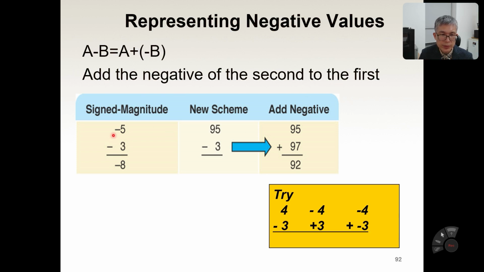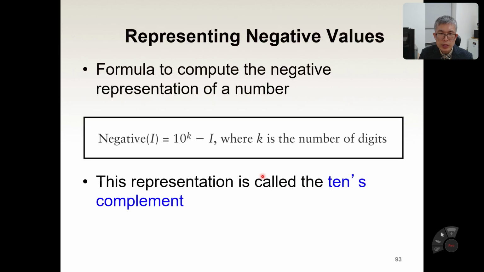So minus 5 3, right? So in that case this minus number 9, the sum relationship is plus is 100, right? So this is 95, and this is also converted, and then two numbers, actually negative numbers, right? Sum this one, and then we can get 92, which is actually minus 8, right? Okay, so this representation is called